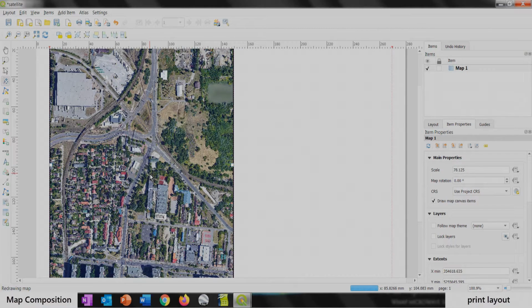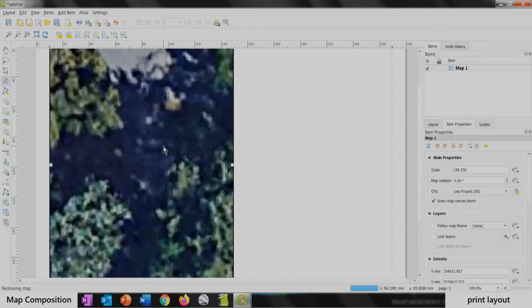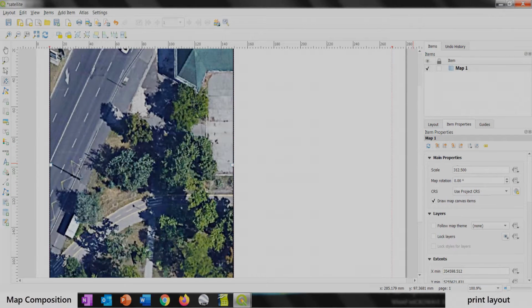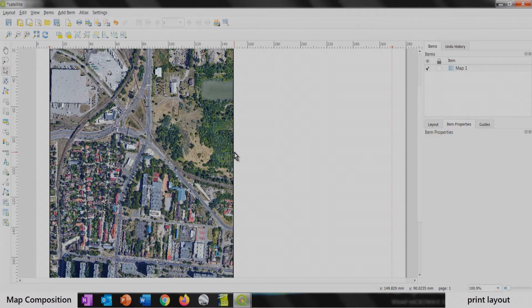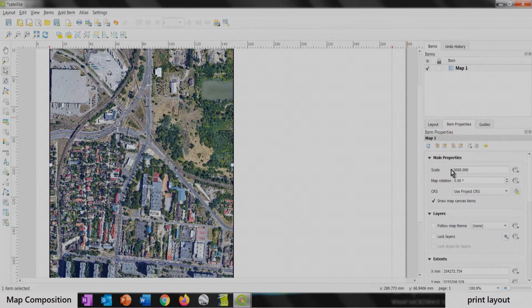inside the map, but it takes a little bit of time because the satellite image is quite heavy, and when you change here, it changes the scale also. As we said before, we want 5000. Then just click here to go outside the map, and then you can see how thick the frame is. Just to see again the properties of this map, just click on the map and it's going to be active,